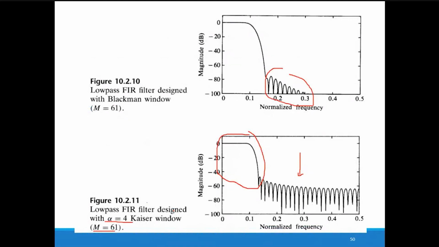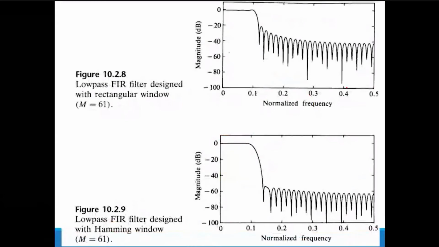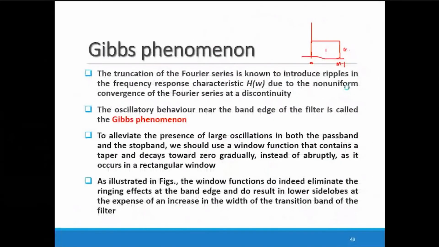I have one query in the question that we solved. Sir, we have taken M as odd. Any particular reason for that? No, normally for the line of symmetry, if you are taking M equal to an odd value, then in all the equations we write M minus 1 by 2. If you are taking the even value, then you simply apply M by 2. This is the only change we have to do in the equations. So as per your Proakis book, M odd values are taken. So I have taken M equal to an odd value and we solved it.